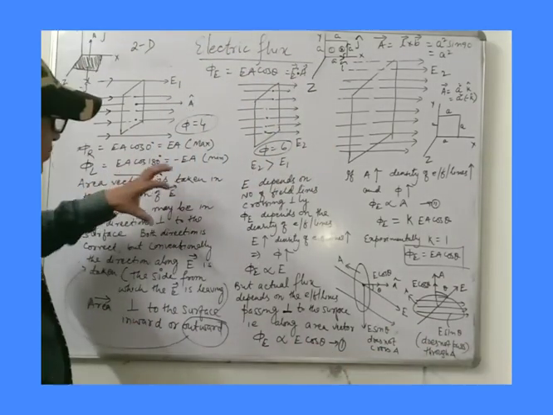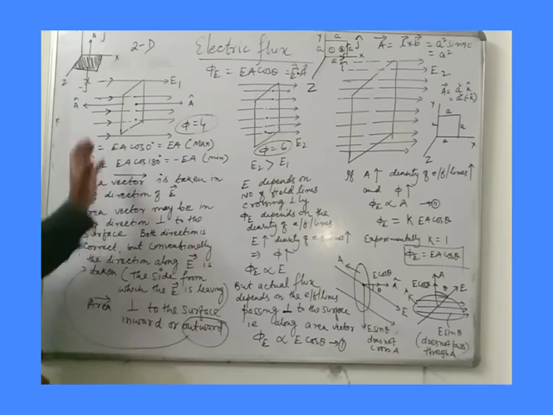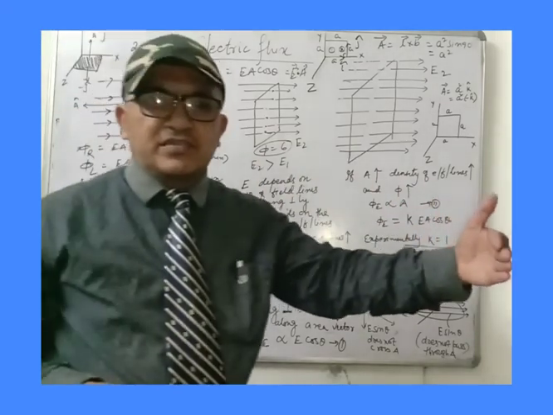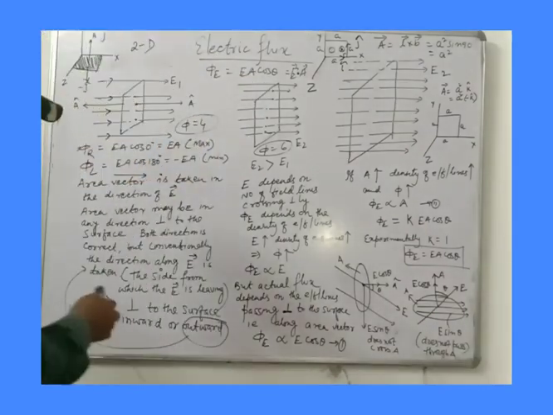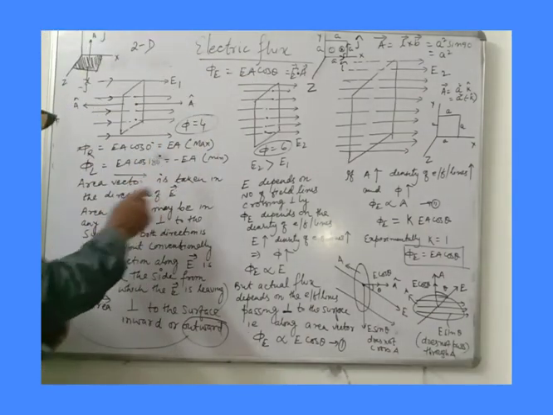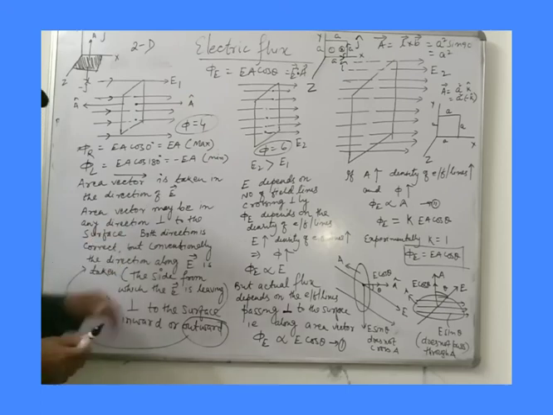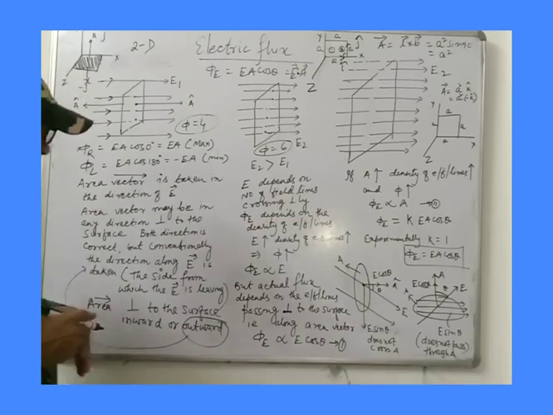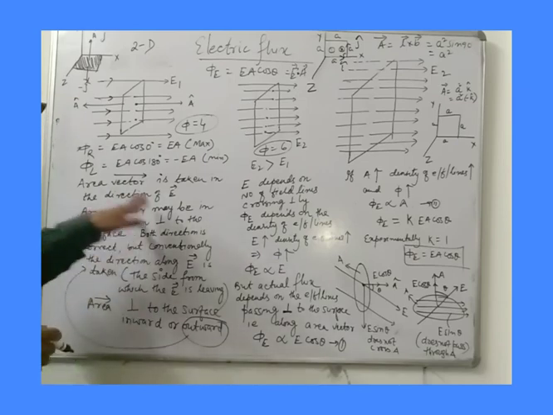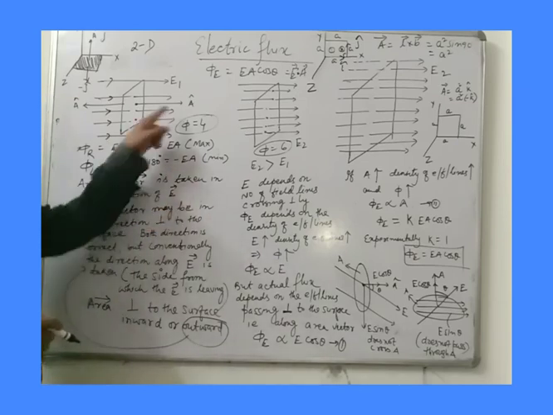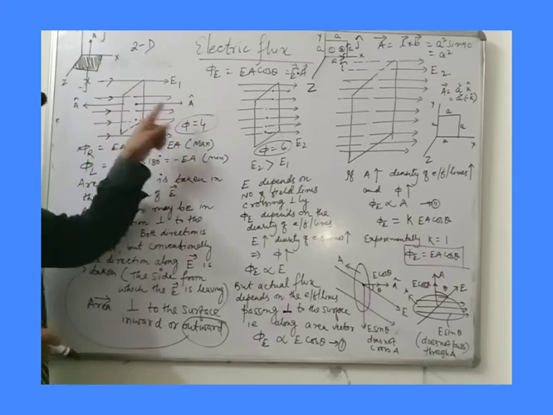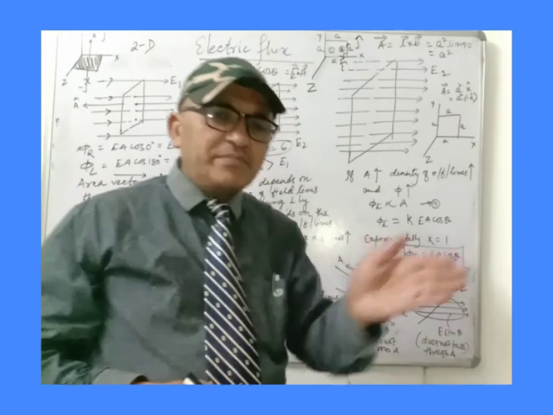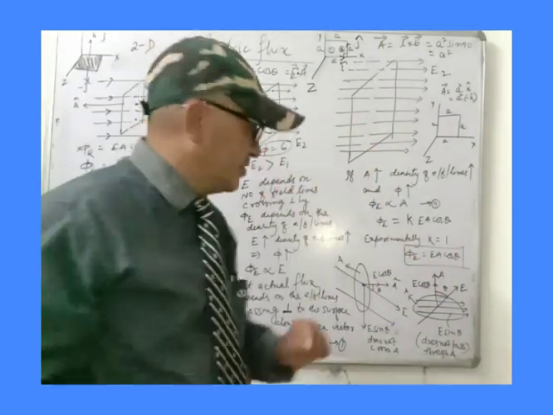But when we do the numericals, all the time both the cases may not be there. Only one side may be asked. Now the area vector is taken in the direction of the electric field vector. I told you the area vector should be taken in the direction of the electric field. And once the direction of the area vector, either this or this, is chosen, then throughout the sum the same direction is maintained.